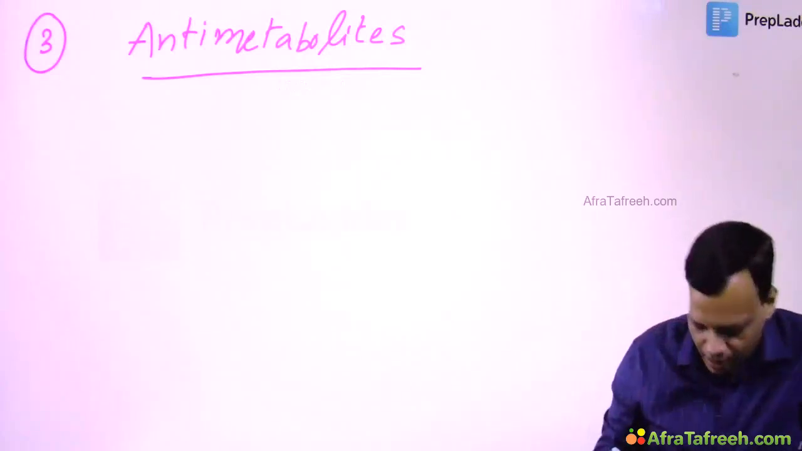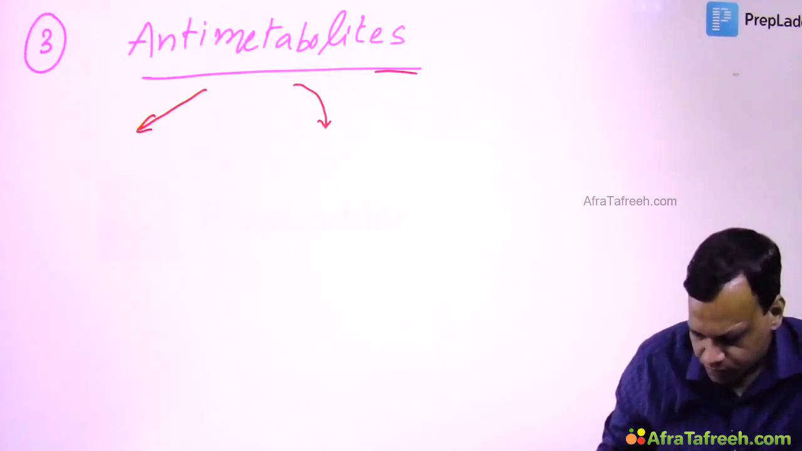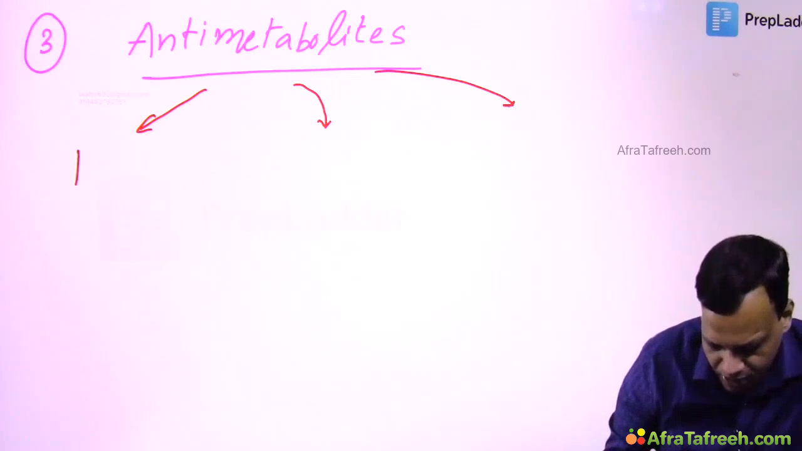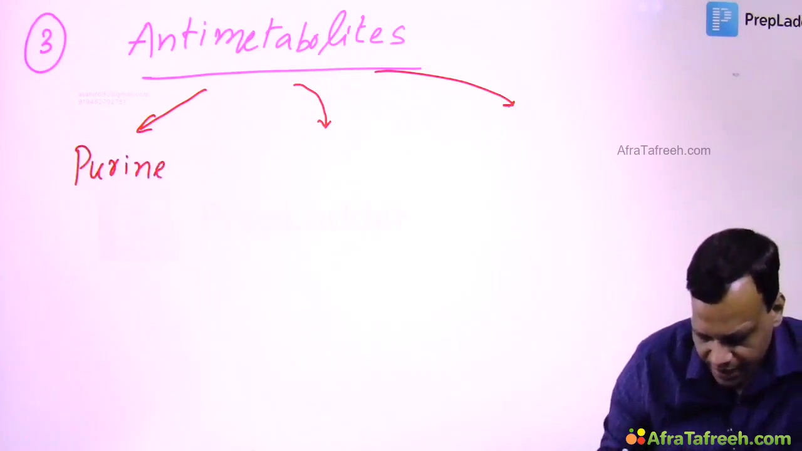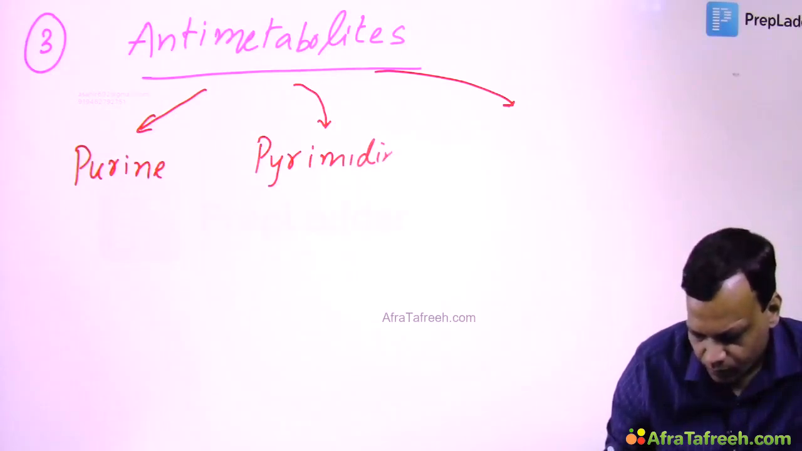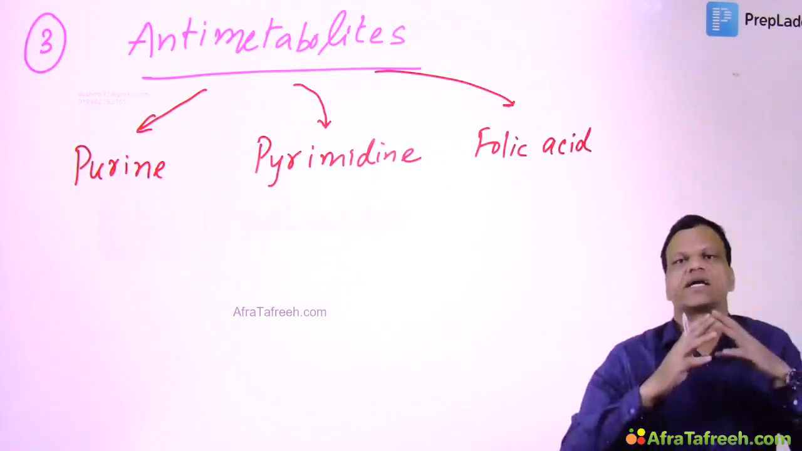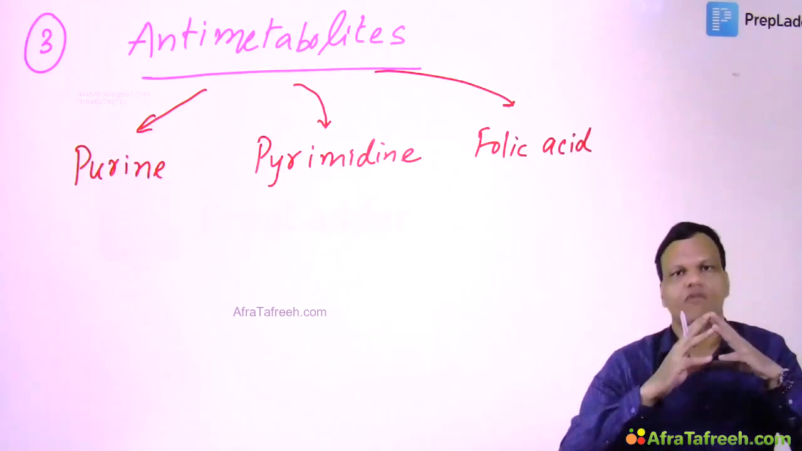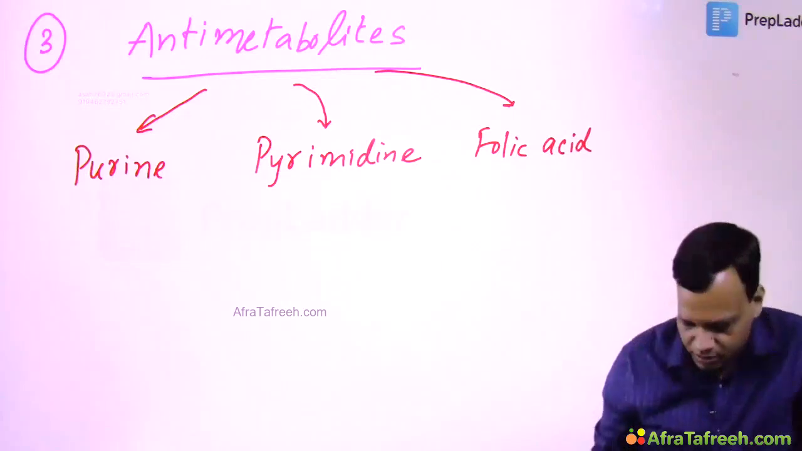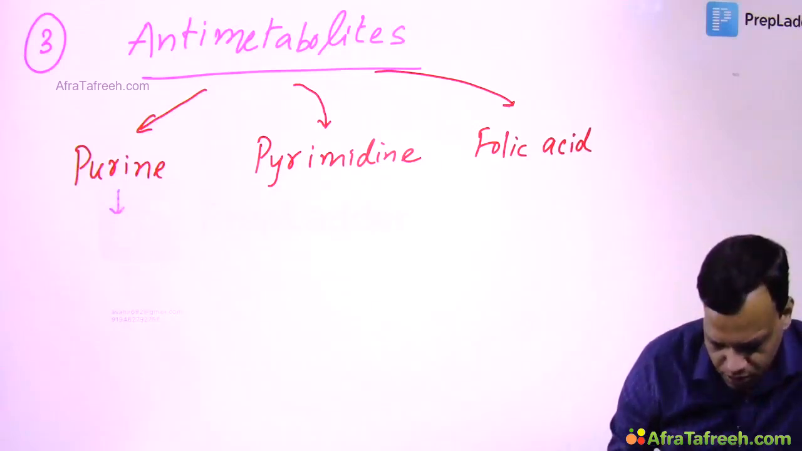Okay? And we have three important types of drugs which act on metabolism. One which inhibits purine synthesis. Second which inhibits pyrimidine synthesis. And third which acts on folic acid. So the drugs acting on purines, drugs acting on pyrimidine, and drugs acting on folic acid. The drugs acting on purine include